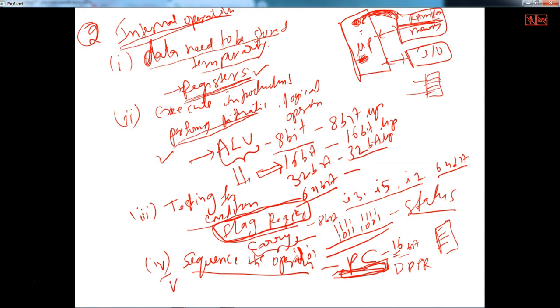Then the next internal operation: the processor is doing a task, and meanwhile some other priority task needs to be done. Now you are playing a video game in your